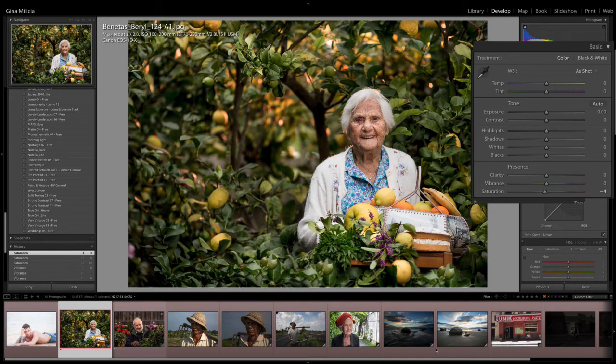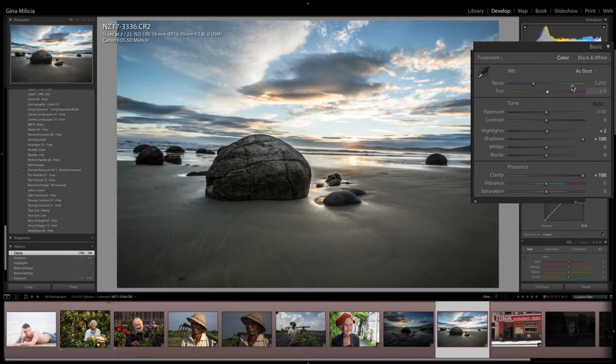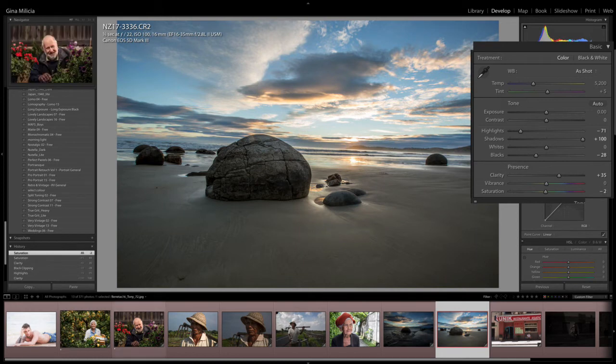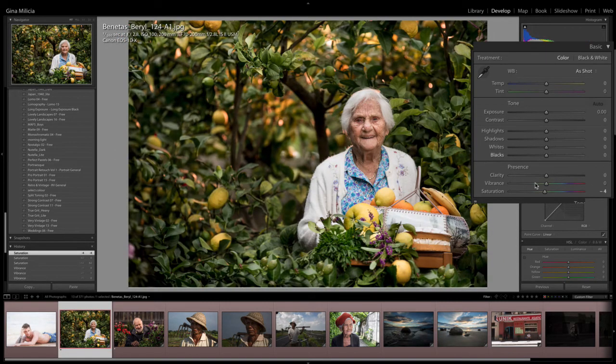So, I can show you on a landscape as well. Let me just get this. All right, so if I boost the saturation, you can see that the yellows pop, the sand gets brighter, the rock gets brighter, every single part of it gets brighter, the sky, and it just is overcooked. Okay, but if we do the same thing with Vibrance, which again boosts the saturation of the colors,